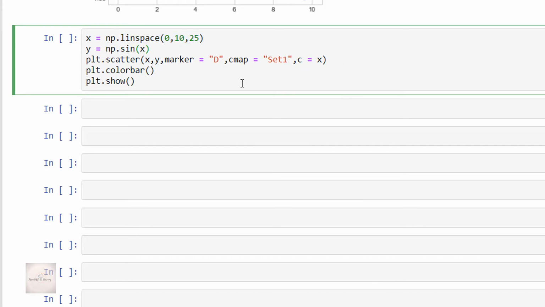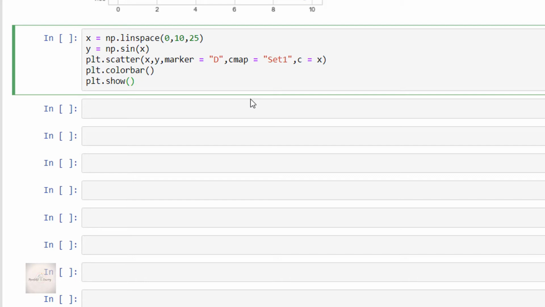Now we have this function called plt.scatter. If you observe, here we have different arguments. So guys, let's explore these arguments one by one. As the first argument, I have passed a pair of values, that is x and y. After that, I have specified the marker style as 'D', which stands for diamond.